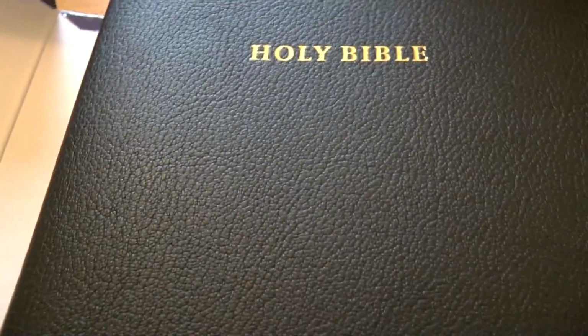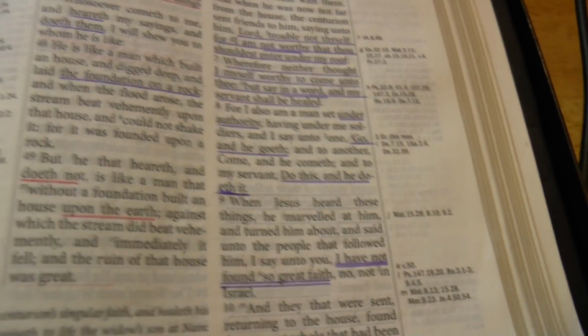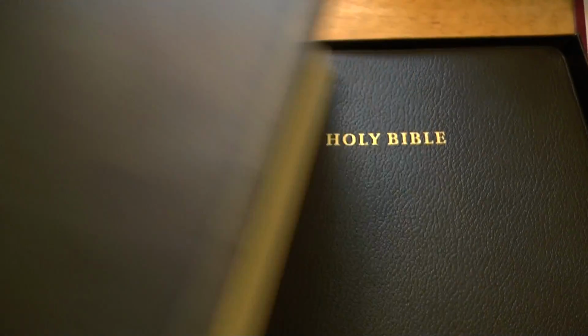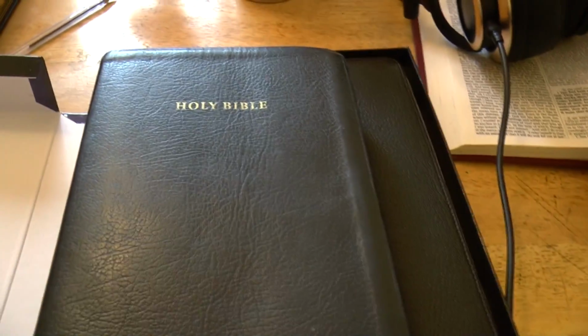The one I'm using at the moment is the Westminster Reference Edition. I'll just show it to you there. The one I'm using at the moment is very, very good. I love this. It's TBS. I'm still going to use this, but the reason I want a wide margin is because I don't really have much space for notes, and it's my second Bible from Cambridge. I've had a Cambridge edition for about 10 years, and one of the reasons I went with goatskin,